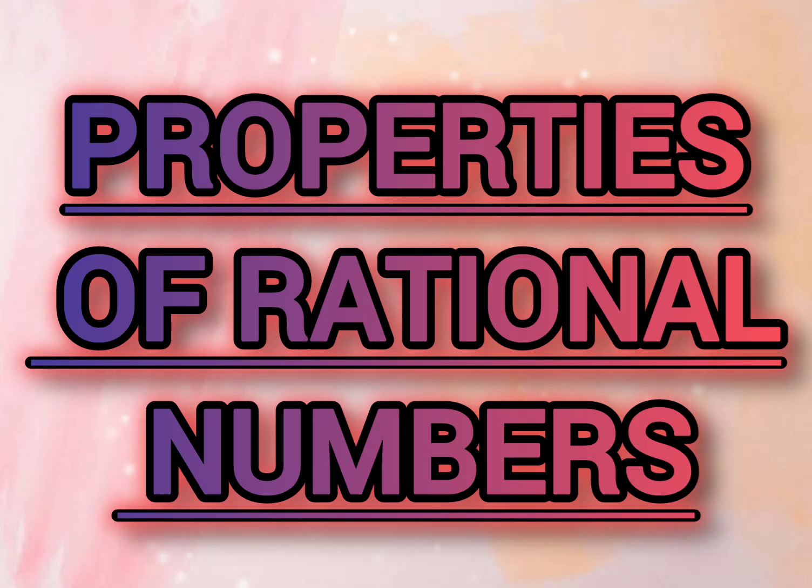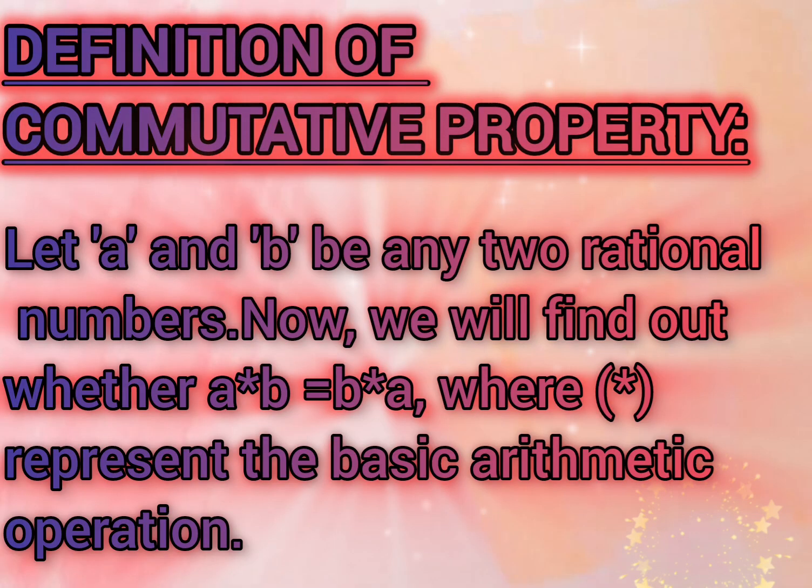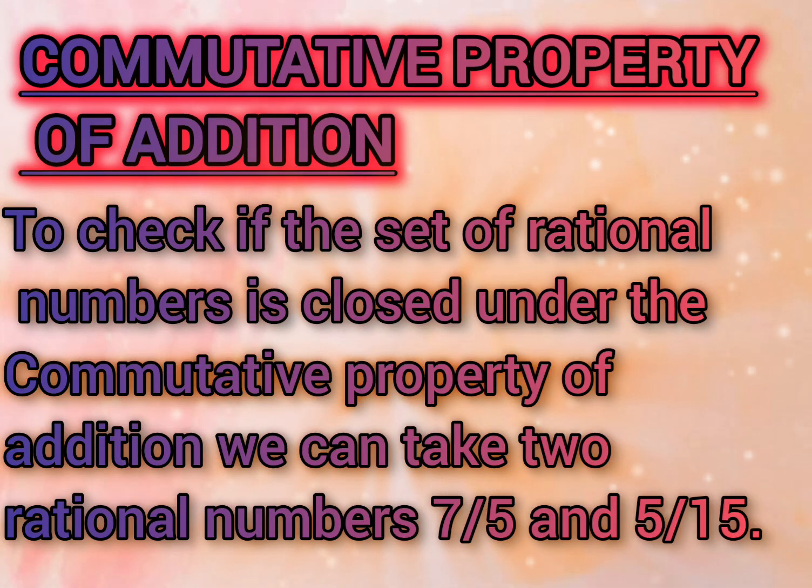We can see the remaining properties of rational numbers now. Definition of commutative property. Let a and b be any two rational numbers. Now we will find out whether a * b is equal to b * a, where the asterisk symbol represents the basic arithmetic operation. Commutative property of addition. To check if the set of rational numbers is closed under the commutative property of addition,